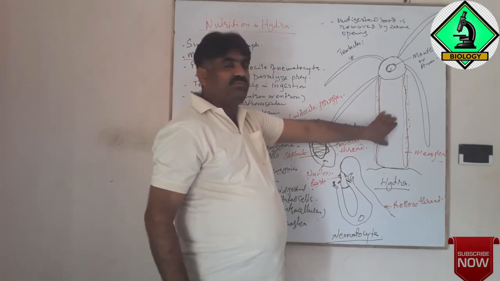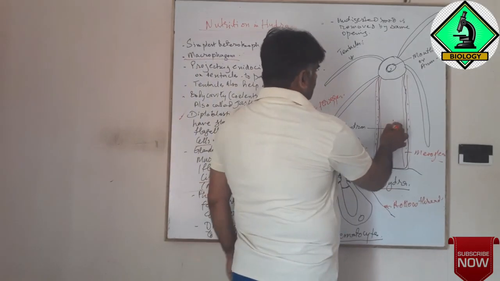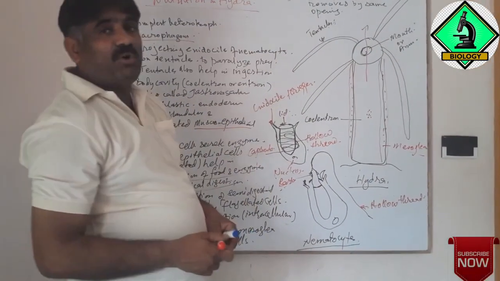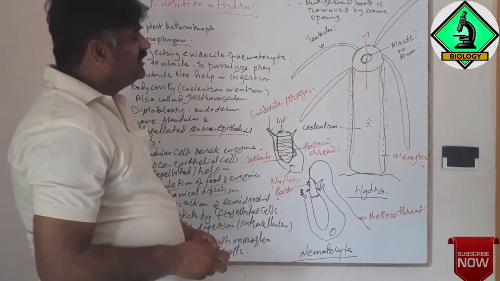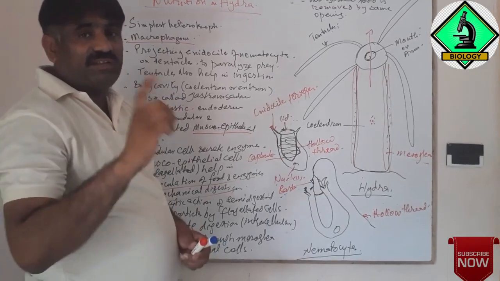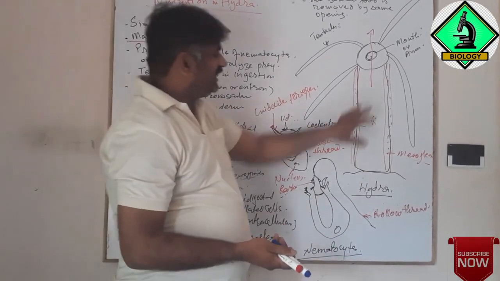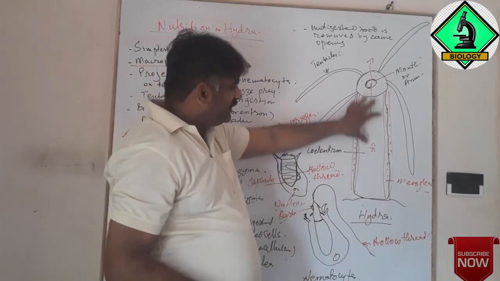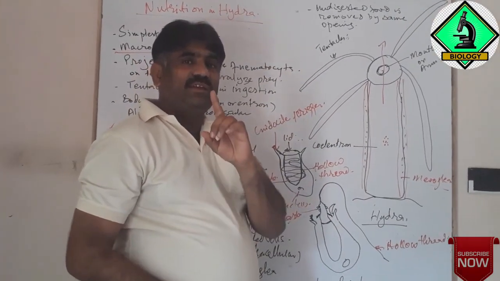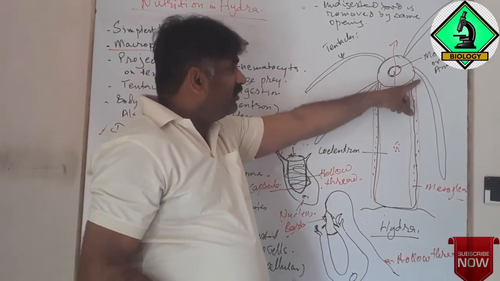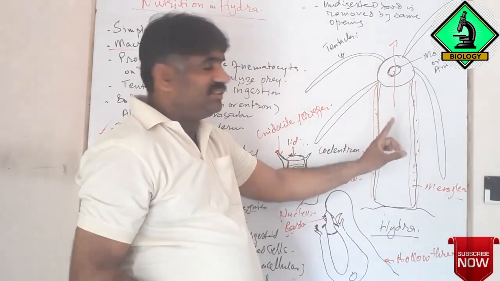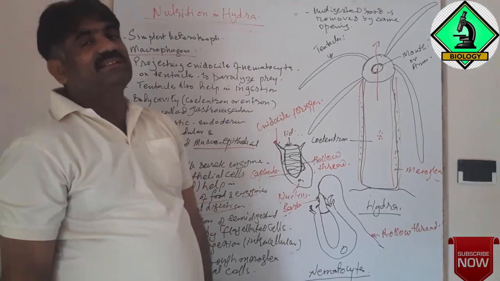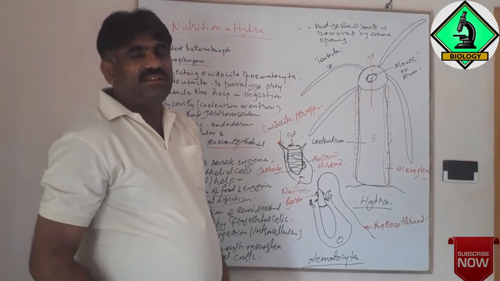And the remaining undigested food particles are removed from the same opening that we already discussed. It is only one opening, and that's why we can say its digestive system is sac-like, because the earliest animals had a sac-like digestive system. Only one opening serves as mouth, for both ingestion and egestion. So the remaining undigested food is removed from the same opening. This process is called egestion. Thank you very much.